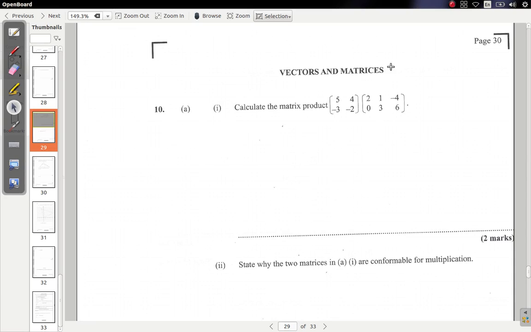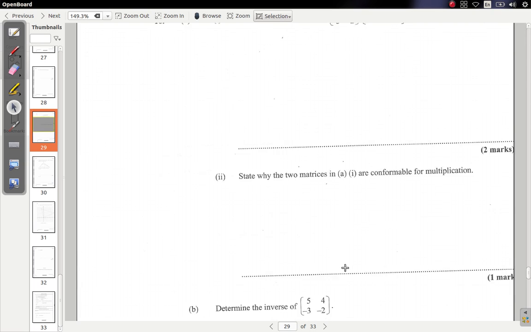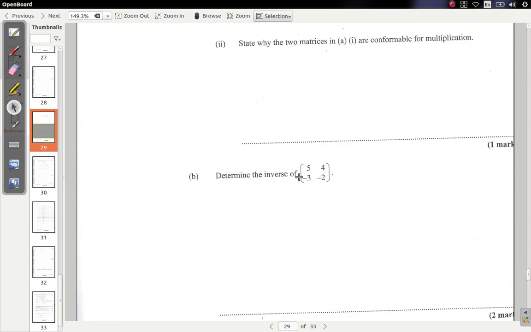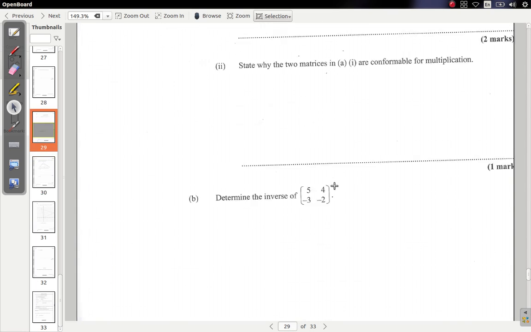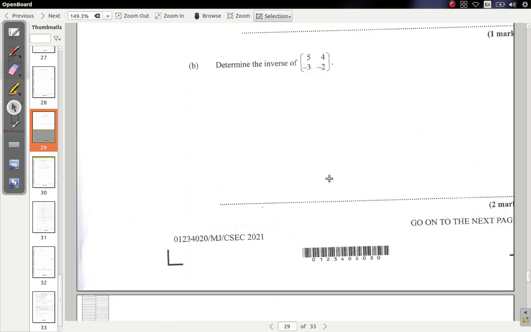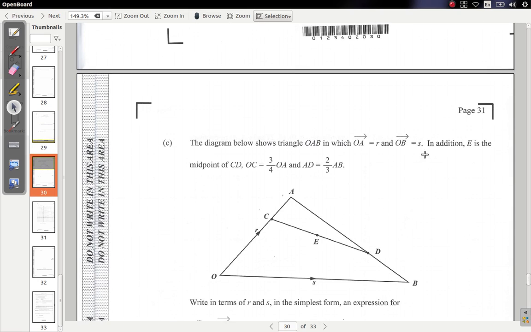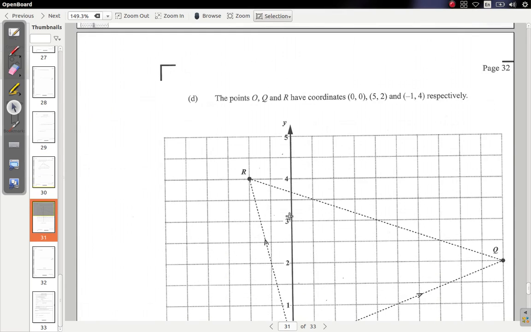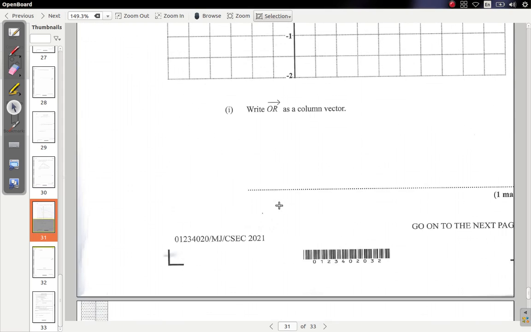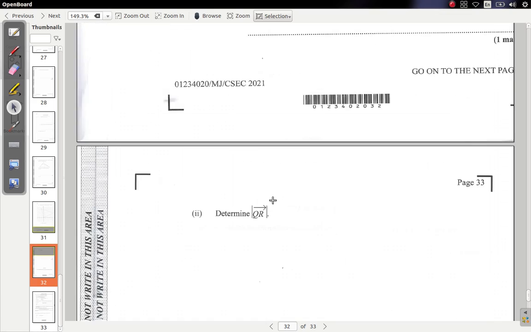Question 10, the last question on the paper: vectors and matrices. So you have matrices here. If we find the inverse of one matrix, that's part A and B. In C, one diagram with some vectors. In D, you have a diagram on a graph and a vector too. Alright, so